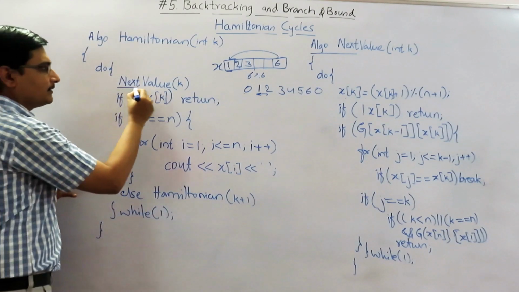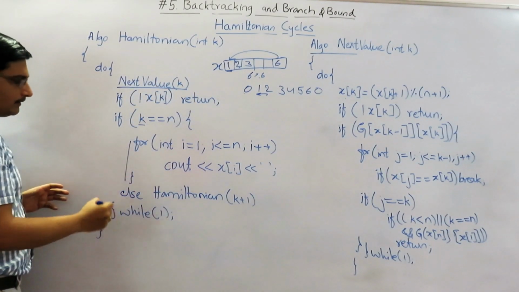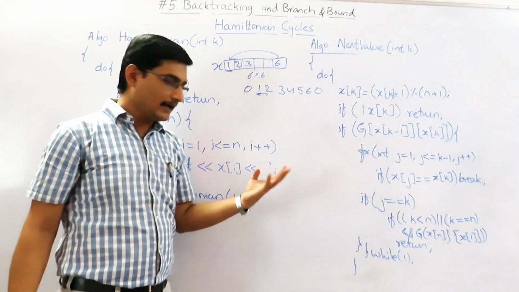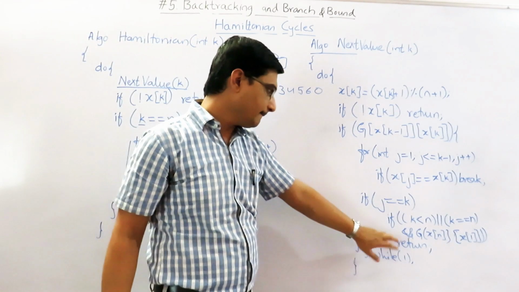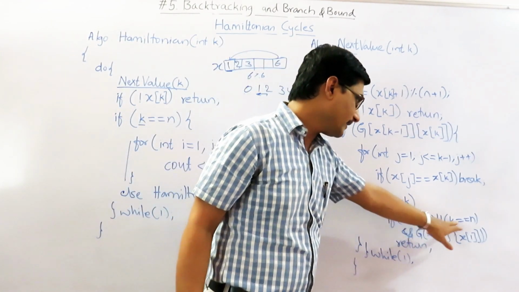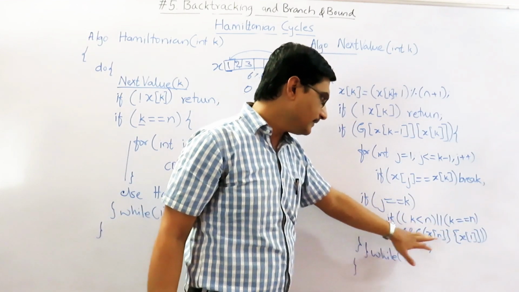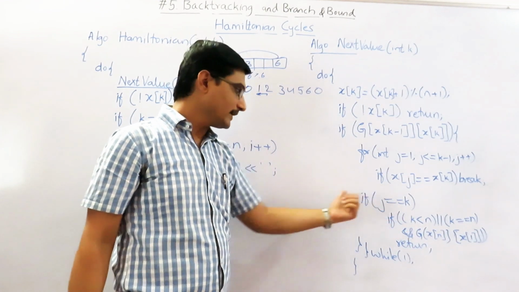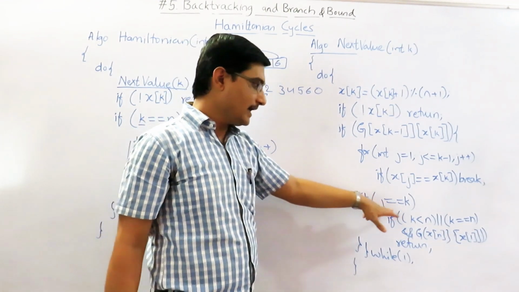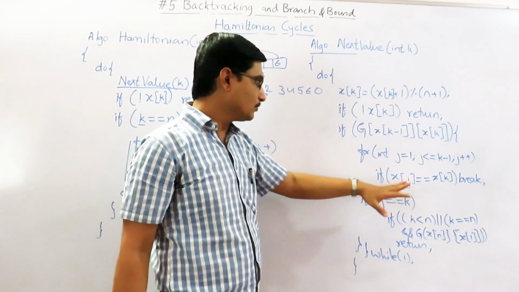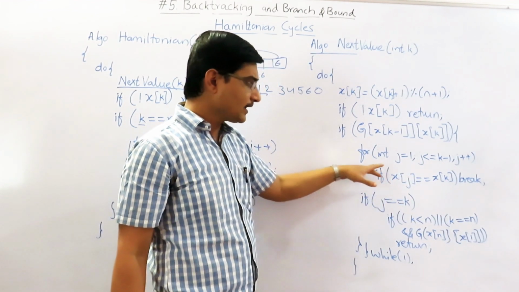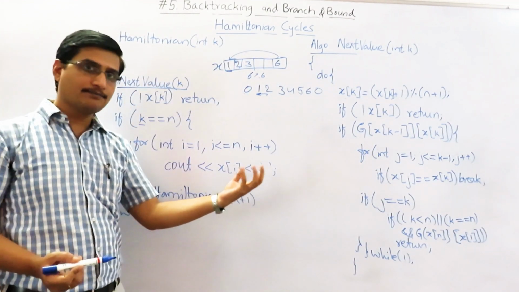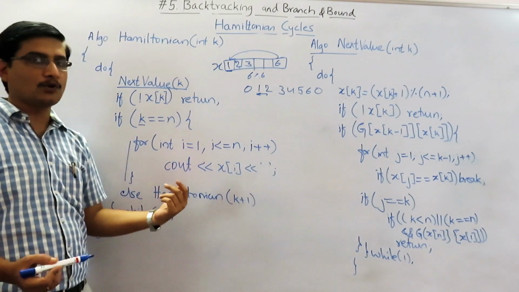So the main important function is this one. Again it goes for recursion. It is going to find the next one. So the conditions checked here are: if k is less than n or k is equal to n, and x of n and x of 1, is there a path from the last vertex to the first vertex? If j is equal to k, then one more condition is whether there exists a path to the previous vertex, that is, an edge from the vertex to the previous vertex. That is one more condition.